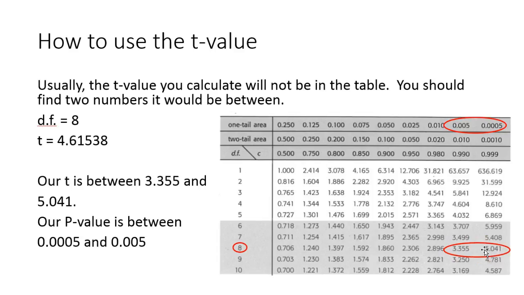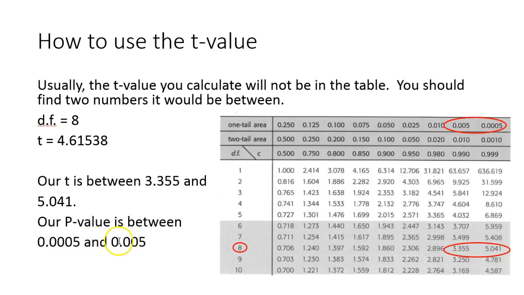So the value we get for t is usually not going to be in the chart. That would be very rare, but it'll be between two numbers. So the p-value we get will be between two numbers. Our p-value will be between 0.0005 and 0.005. So this is what? 0.05%, and this is 0.5%. So our t is between these two numbers, and because it's a one-tailed test, our p is between these two